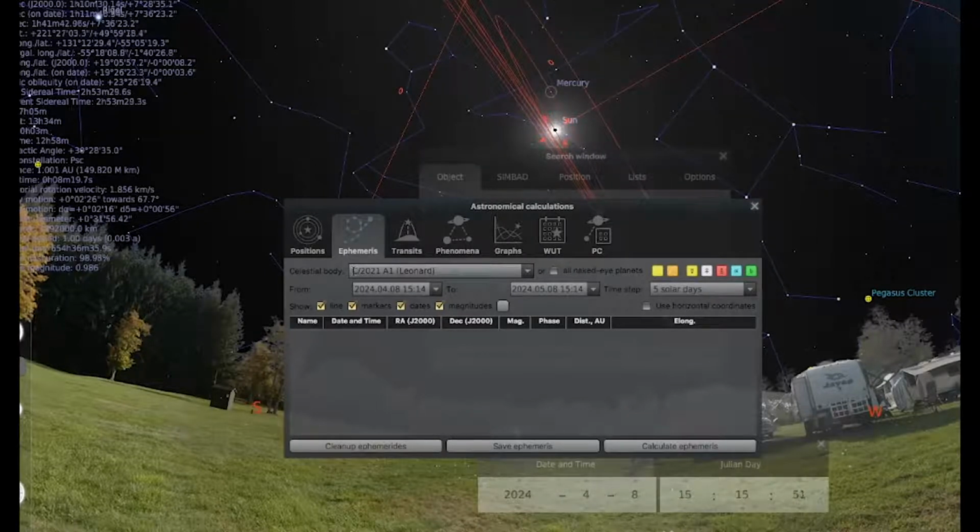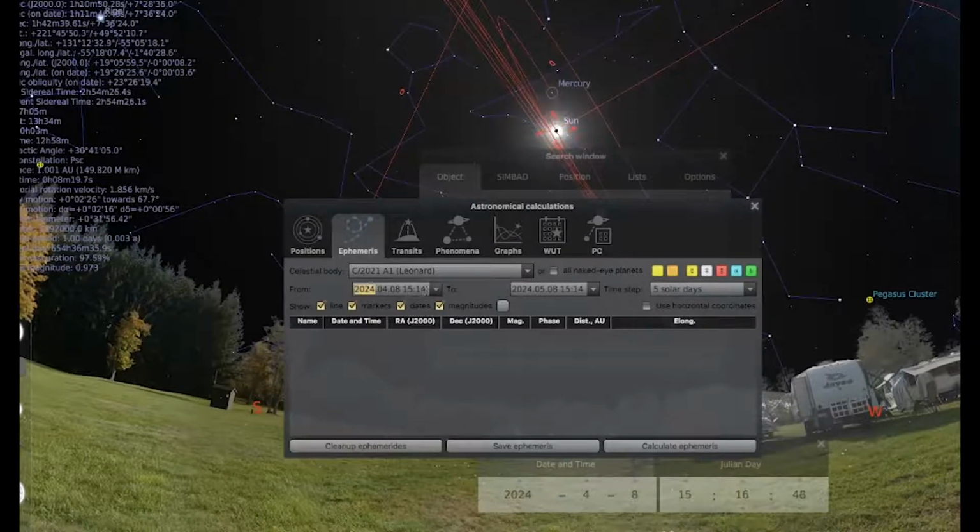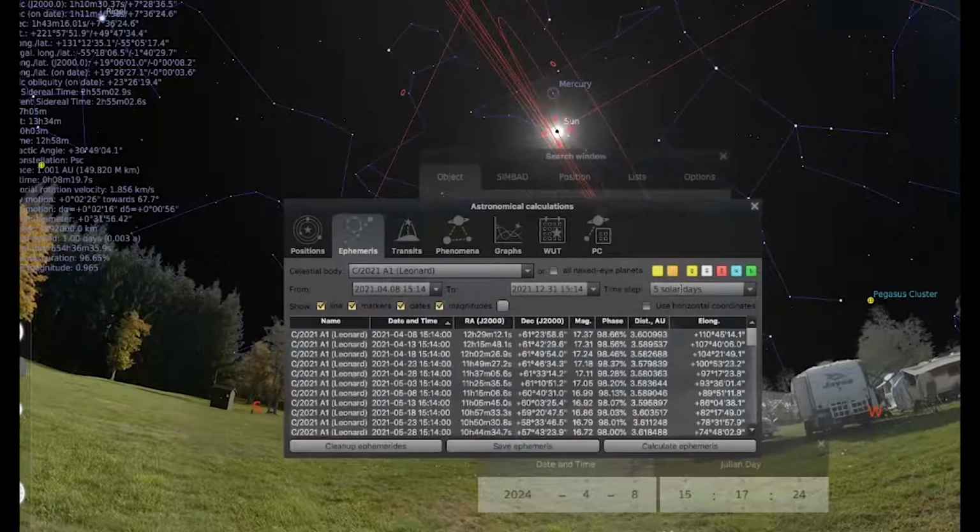So this is a comet that was discovered earlier this year. It's Comet Leonard, and it's supposed to be pretty bright at the end of the year. This is one of the next big things that may or may not happen, and its best time is going to be in December. So what I did was I simulated from April 2021 to 12/31. Okay, and then you choose calculate, and you can set how often you want the little marks to be,